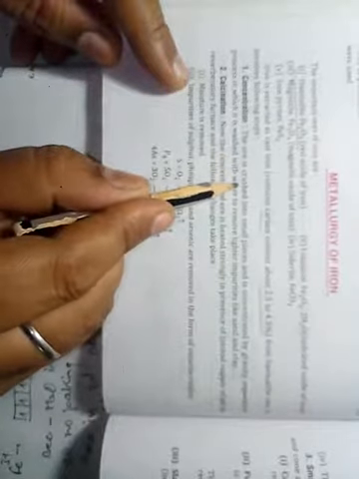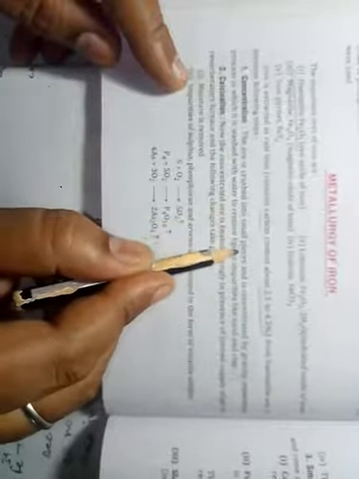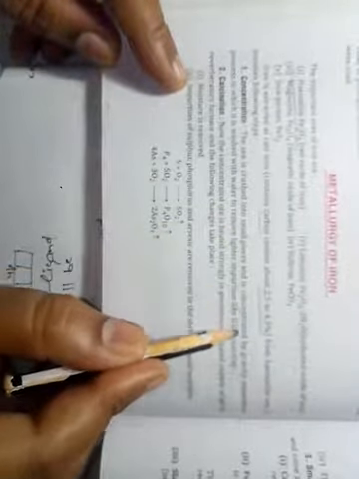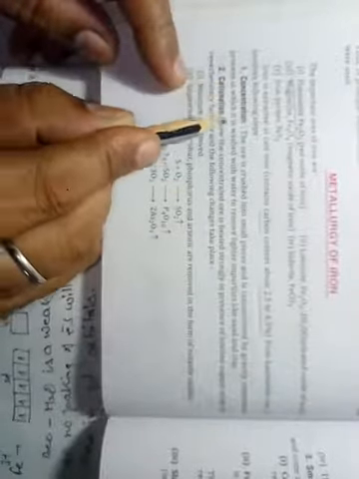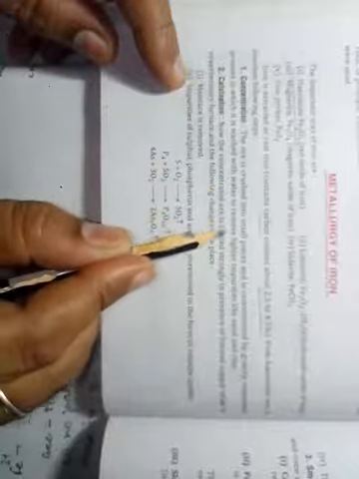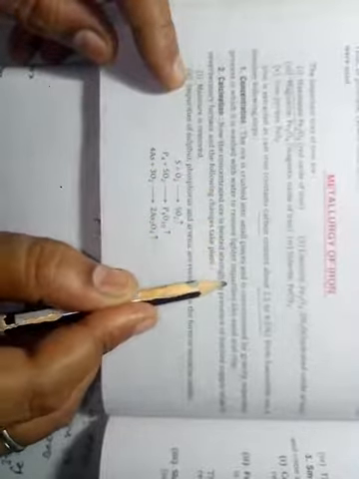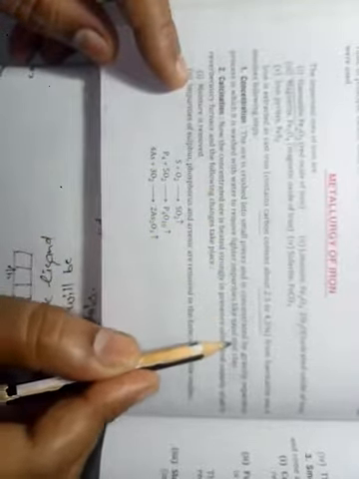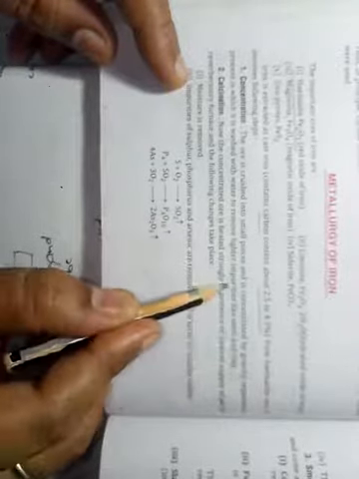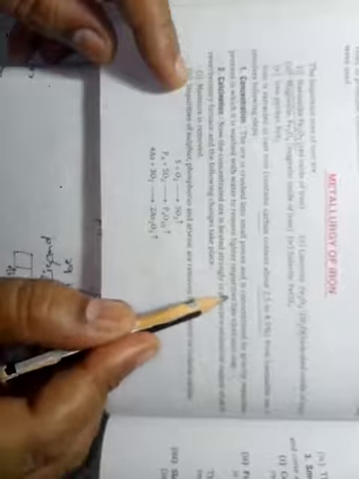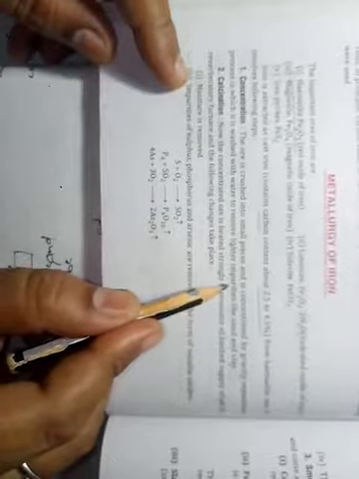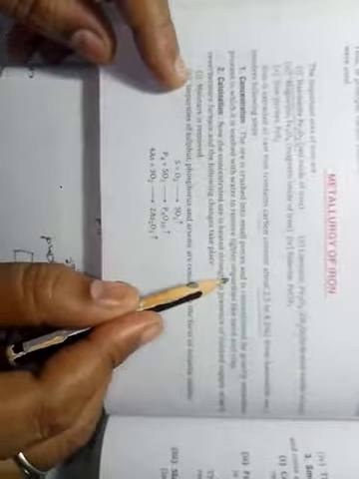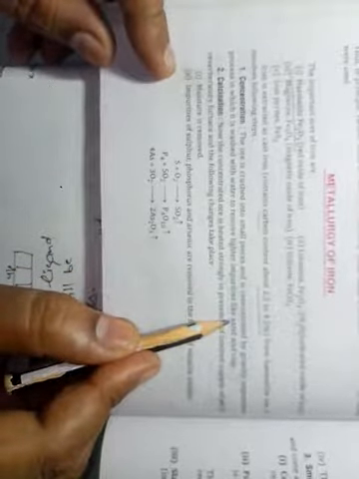So the ore is crushed into small pieces and is concentrated by gravity separation process, in which it is washed with water to remove lighter impurities like sand and clay. Okay, students. So we do this in this way, and if it's required, we can use magnetic separation process also, for the concentration.